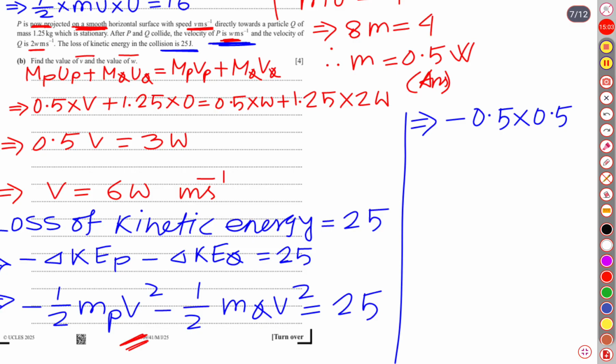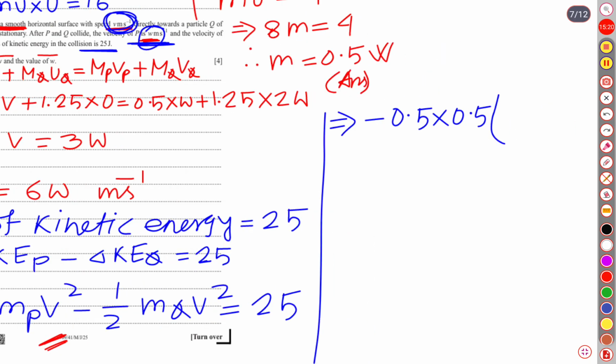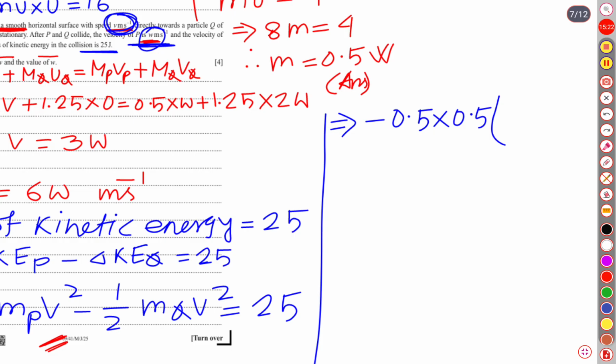It was actually V. So initial velocity was V. We are talking about P, and final velocity was W for P. So remember, V square means final velocity minus initial velocity. Final velocity was W. So let us write W square, and initial velocity was V square. We have written the first quantity